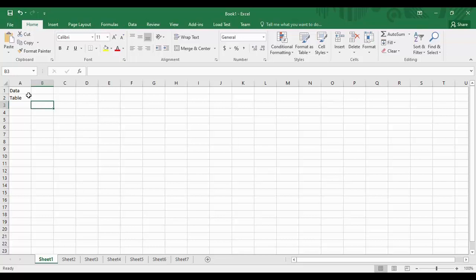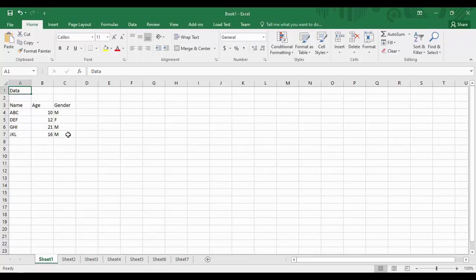sheet. Now apart from that, let's enter some data. I am clearing this data over here, and from here I type name, age and gender. So this is some data that I have entered. These are three columns, name, age and gender, and basically I'm trying to create a table over here whose heading is going to be data, and this is the data that is present over here.